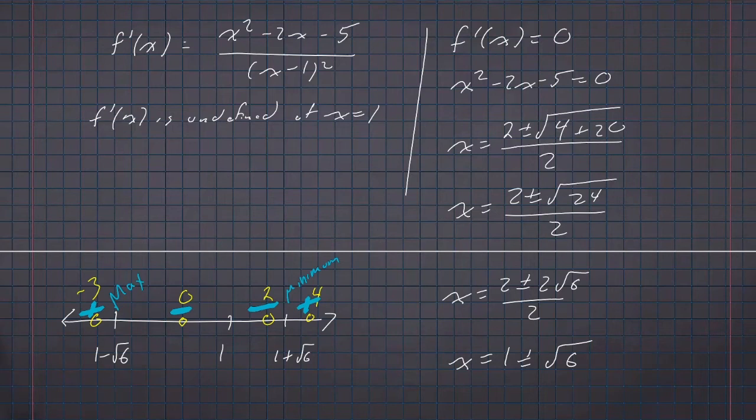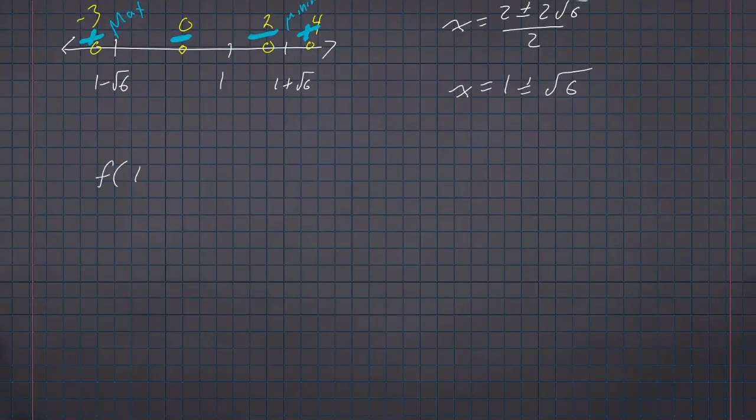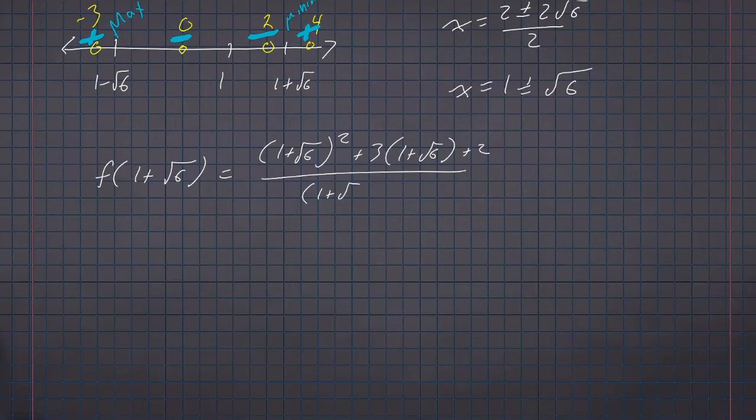That will give us a couple of extra points to plot. Here is where I'm going to start cheating. I'm going to grab out my calculator and ask my calculator, what is f of 1 plus the square root of 6? Which again was going to be 1 plus root 6 squared plus 3 times 1 plus root 6 plus 2 all over 1 plus root 6 minus 1. And I get that this point is approximately 3.4